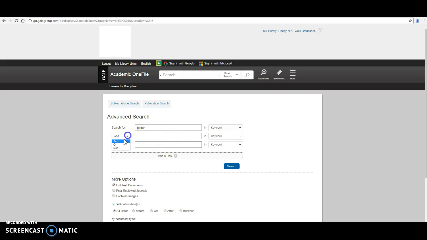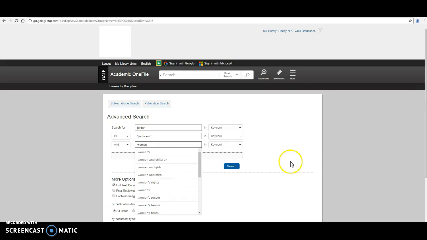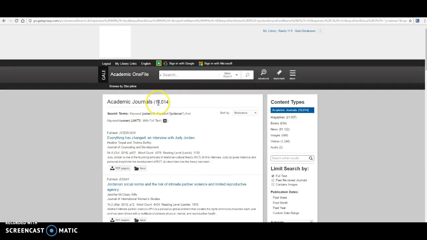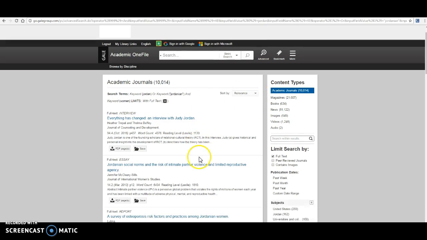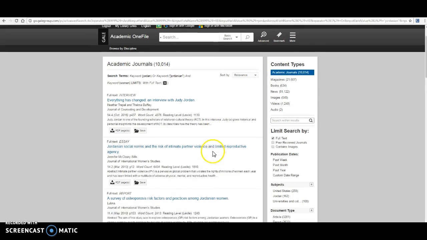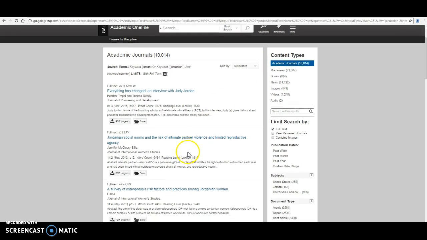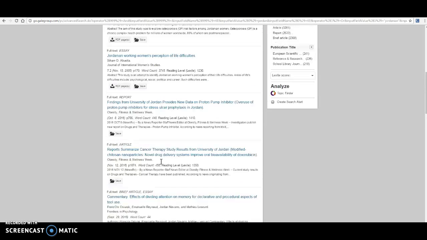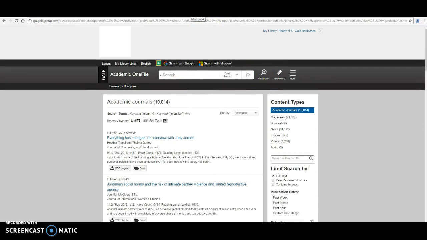Jordan. I'm going to change this to or, and I'm going to do Jordanian, and I'm going to do women. I can't see, my cursor's in the way. And so academic journals, there's 10,000 academic journal articles on this particular topic. And so it's sorting them by relevance, which for this topic is probably going to be a pretty good sort for me. But you can scroll through and look at these, and again, try different combinations of those advanced search